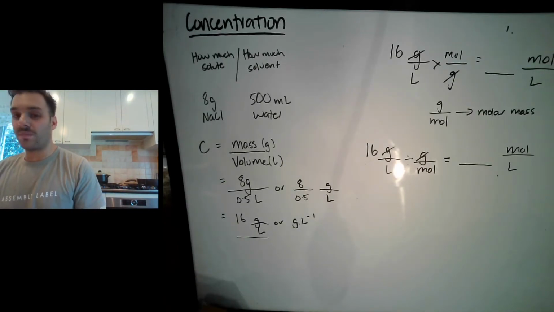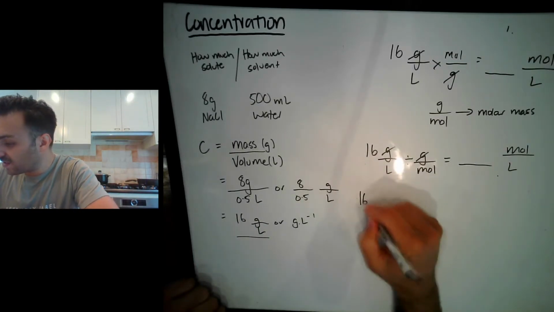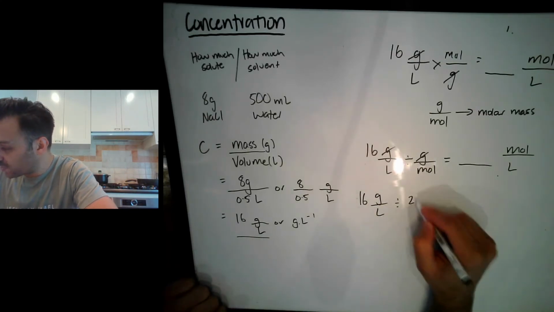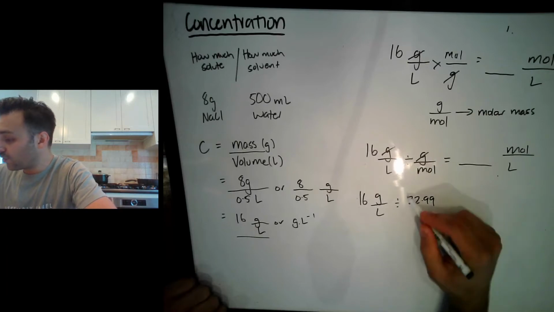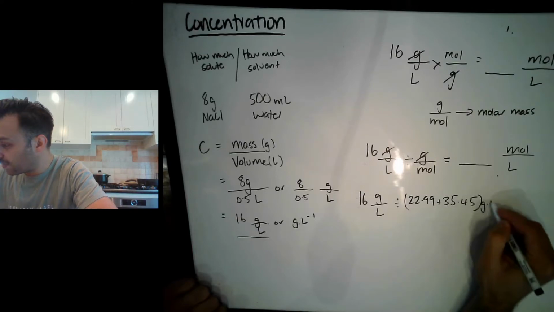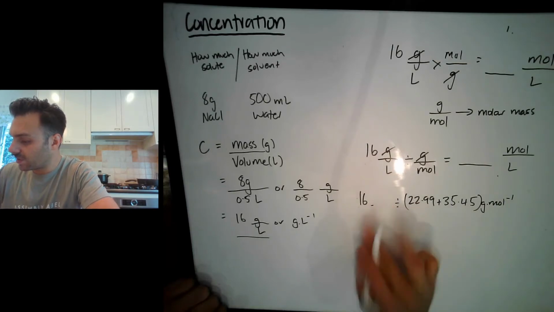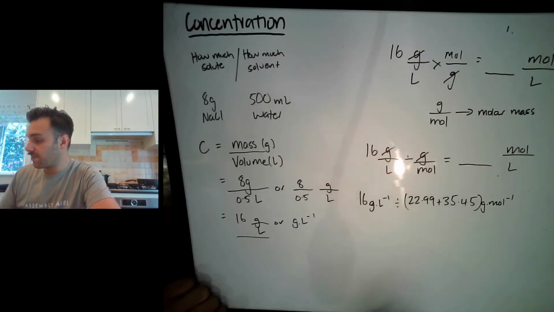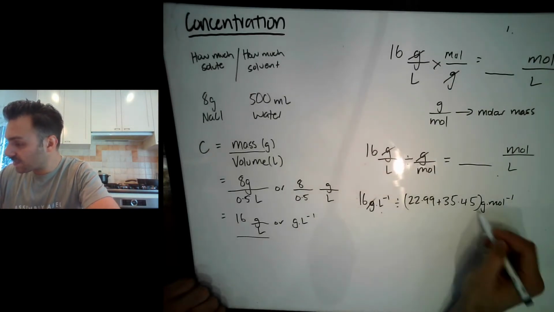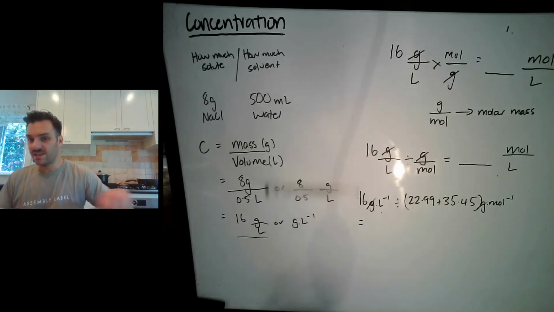But we need to know the molar mass of sodium chloride first. So we have 16 grams per litre. We're going to divide this by sodium, which is 22.99, and chlorine, which is 35.45 grams per mole. Okay, we can write them like this if we want as well. These are the same things: grams per litre, grams per mole. We're dividing, grams and grams cancel, and we end up with an answer of, let's just put this into the calculator,